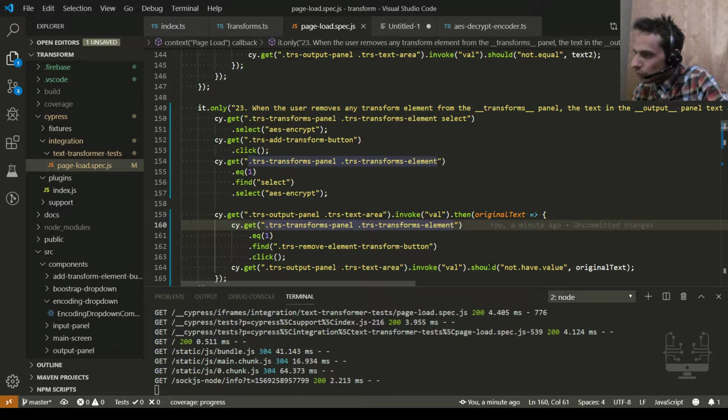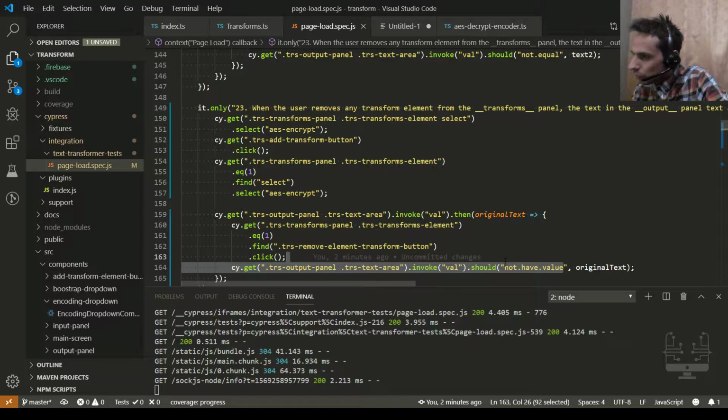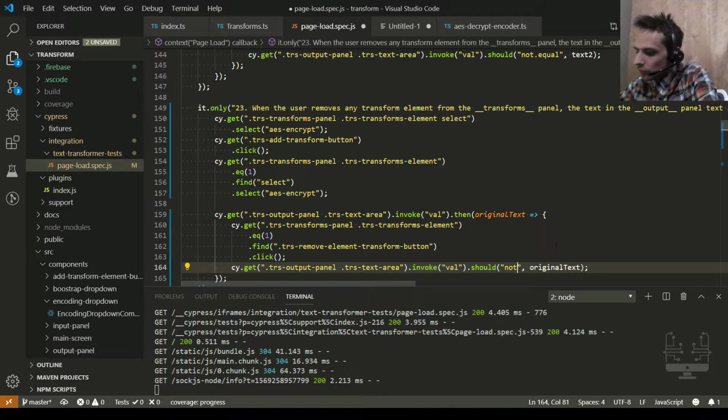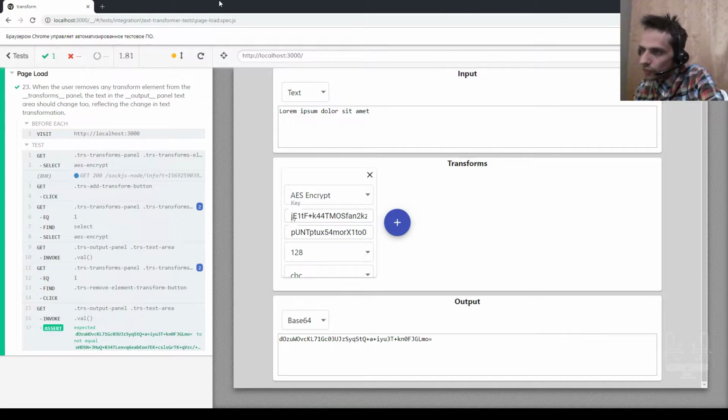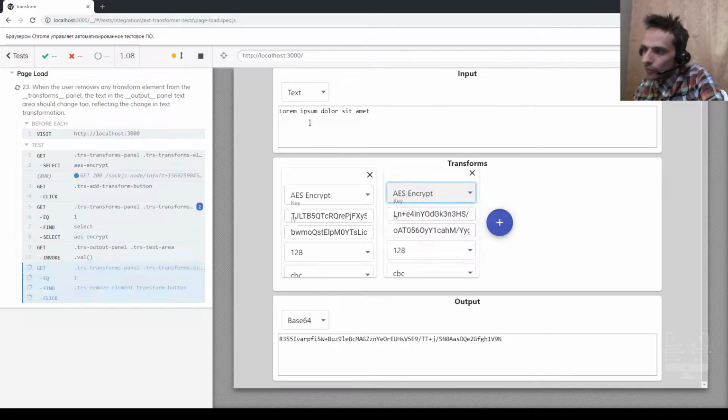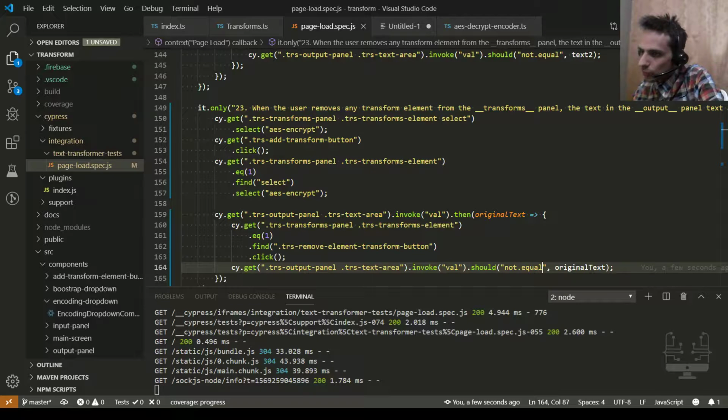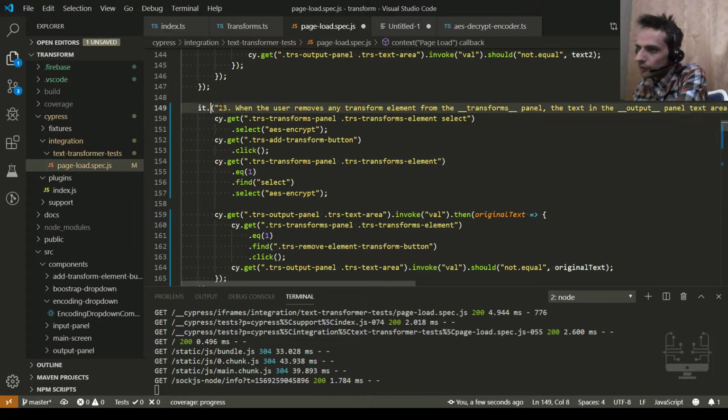Invoke val should not have value, which is right. So I already got val, so should not equal. That's what should have been here. Let's check now. Yeah, now this one is succeeding because it works correctly actually.